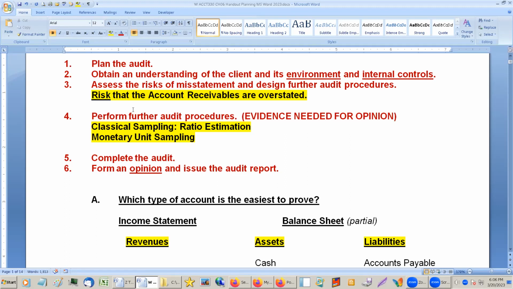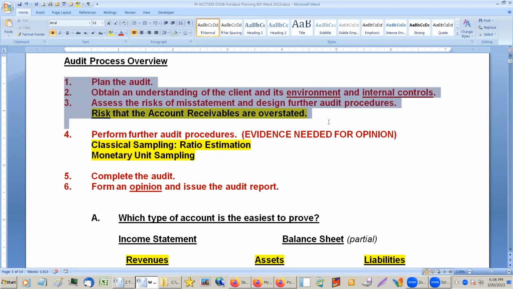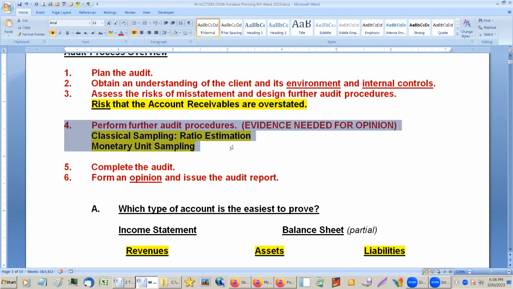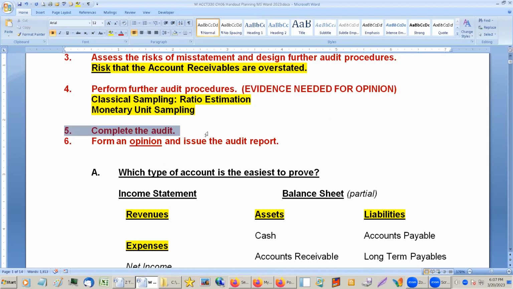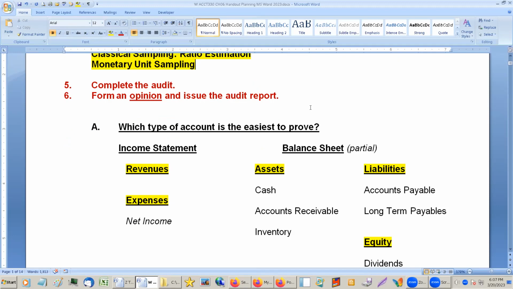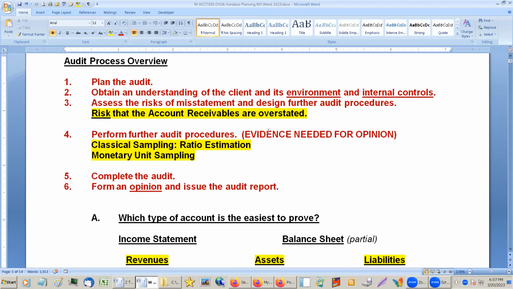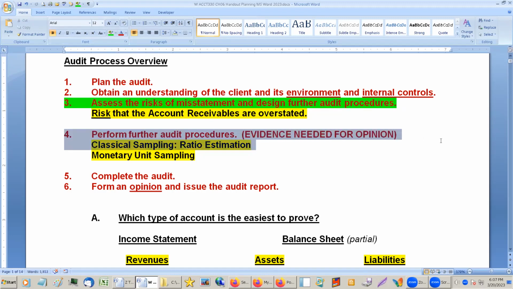So this is all part of the planning of the audit, seeing where the problems might be. And then you design procedures to get some handle on it. What do we need to do to test this? And when we figure that out, we go do the tests, and then we get enough evidence that we can wrap up the audit, but also form an opinion on the audit. Questions on that? Okay, so that's the overview of it. And these two here, they go hand in hand.